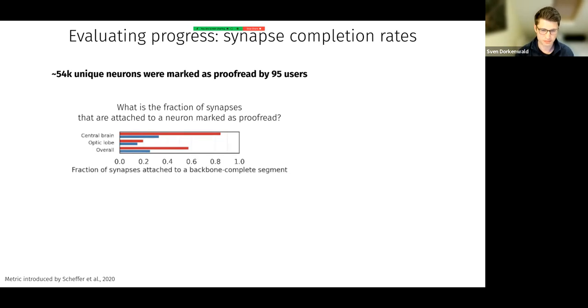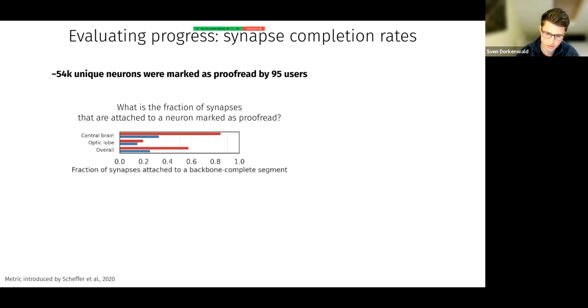So 85% of presynaptic sites have been attached. A little bit more than 30% of the postsynaptic sites have been attached in the central brain. The big discrepancy, of course, is because twigs are much harder to proofread. And also as a comparison, this number of postsynaptic accuracy is quite close to what has been reported in the